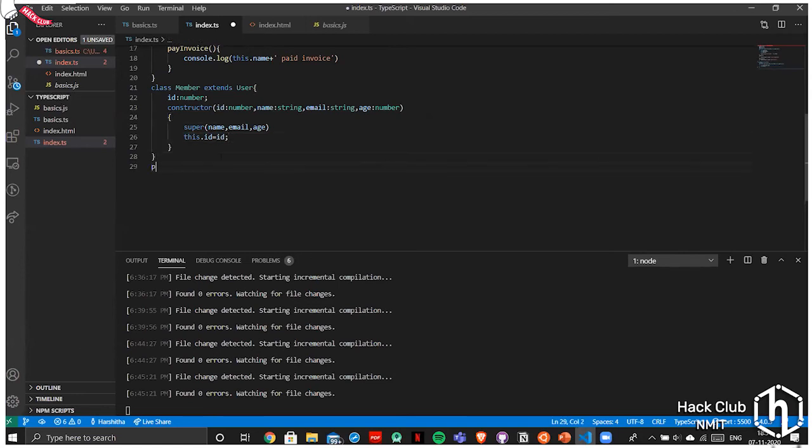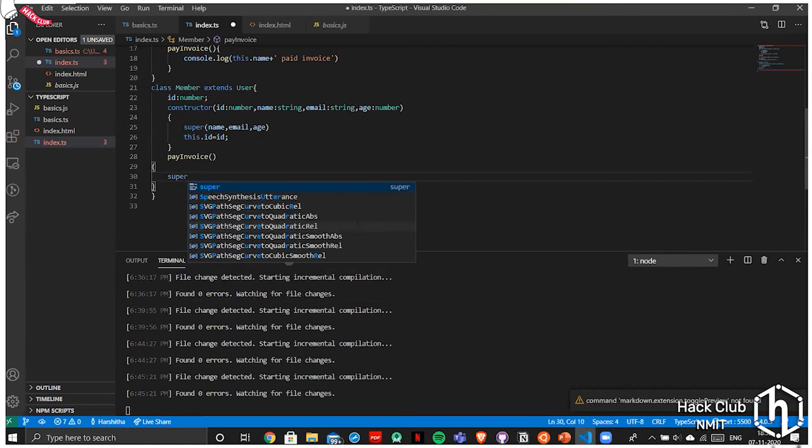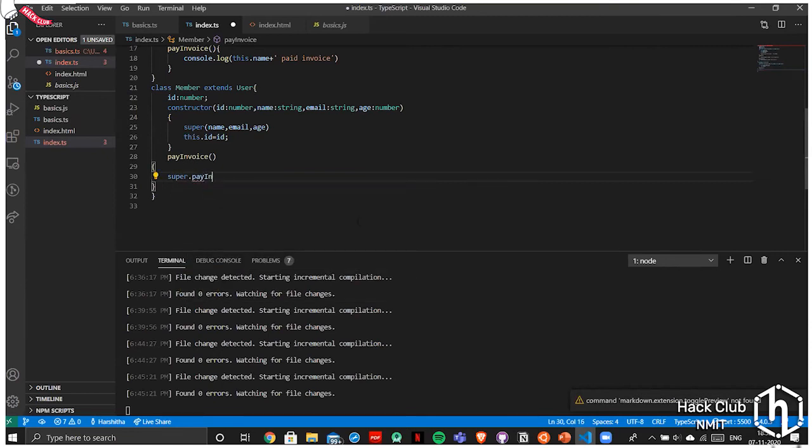So again, we are using pay invoice. We can use this to run the function that's already present. Wait, this should be super dot pay invoice.